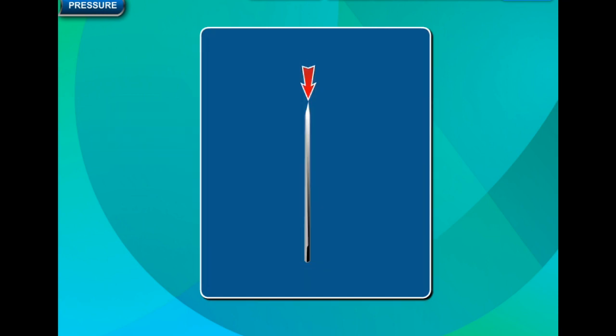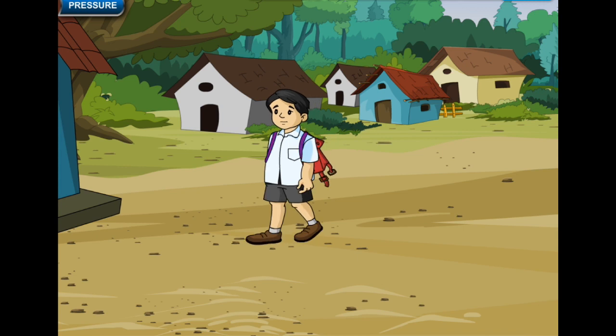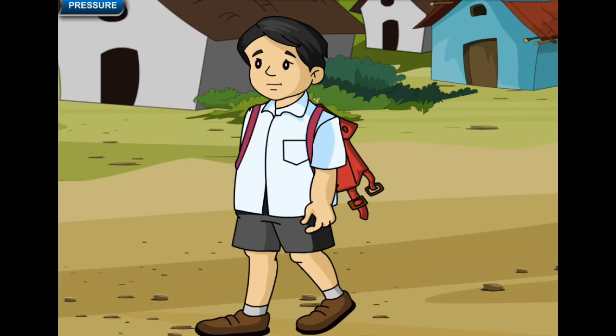The tip of a sewing needle is sharp and pointed. This puts the force on a very small area of the cloth, producing a large pressure sufficient to pierce the cloth being stitched. A school bag has wide straps made of thick cloth, canvas, so that the weight of the bag may fall over a large area of the shoulder of the child, producing less pressure on the shoulder, making it more comfortable to carry the heavy school bag.